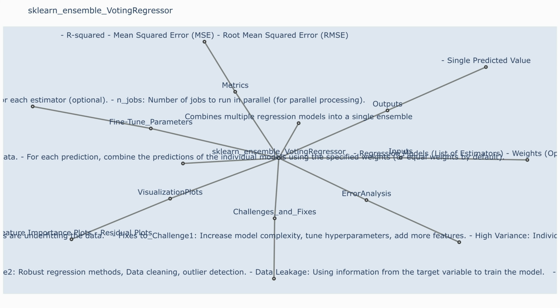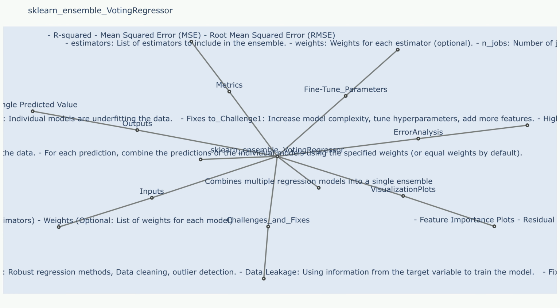sklearn.ensemble.VotingRegressor. Description: the voting regressor in sklearn is a powerful ensemble learning method for combining multiple regression models to improve prediction accuracy. It leverages the strengths of different models by averaging their individual predictions, effectively mitigating the weaknesses of any single model. This process typically results in a more robust and accurate prediction compared to using any single